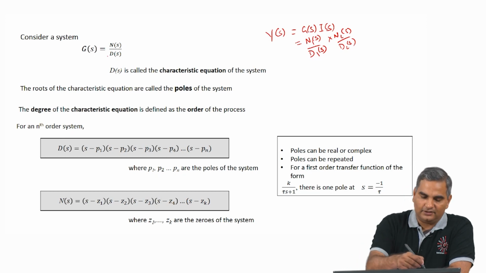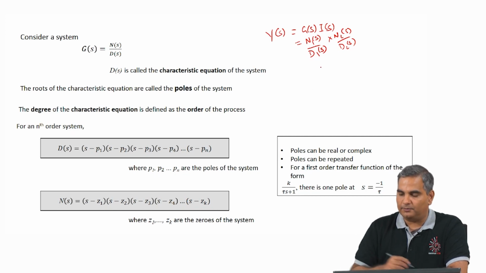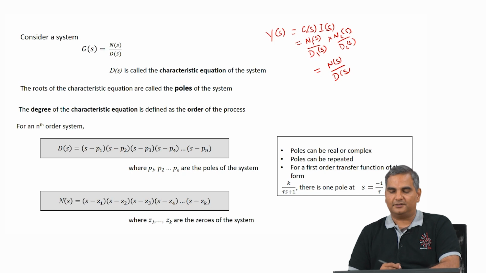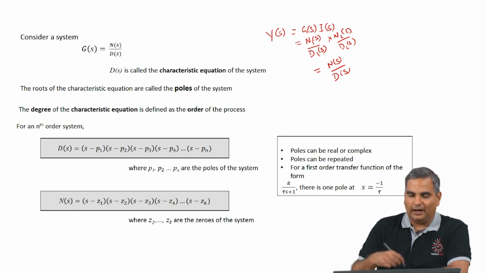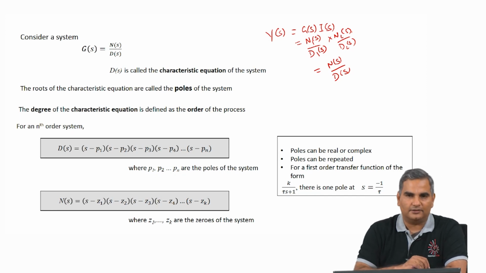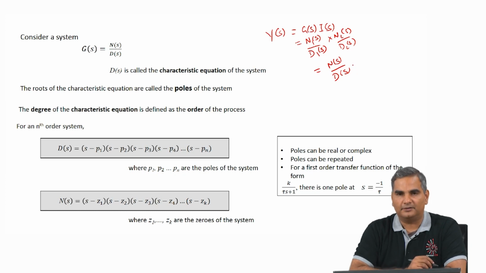So ultimately whether it is g of s, I of s, or y of s, we have to really look at a numerator polynomial by a denominator polynomial, because I could say this is again n of s by d of s, where n of s is n1s times n2s and d of s is d1s times d2s. So ultimately it does not matter what you are trying to invert, whether you are trying to invert g of s, I of s, or y of s, you are going to try and find the inverse Laplace transform of a ratio of polynomials, numerator polynomial by denominator polynomial.